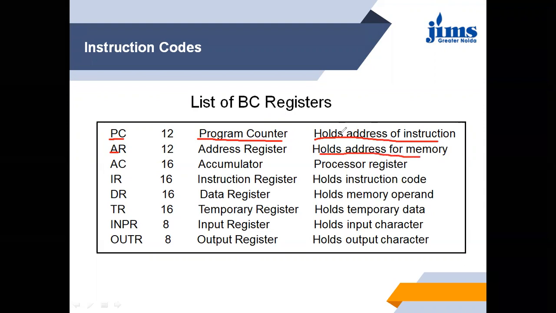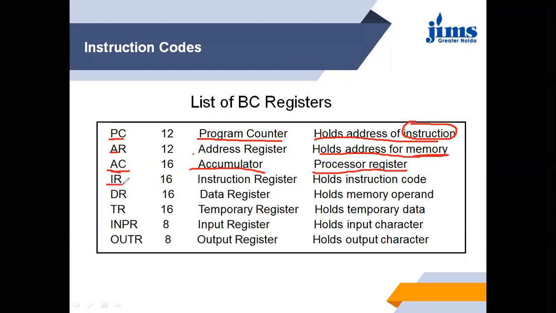Keep in mind, the program counter holds the address of instructions, while the address register holds the address of memory, meaning the address of a location. Accumulator, AC, is a processor register where all the operations are going to be performed.